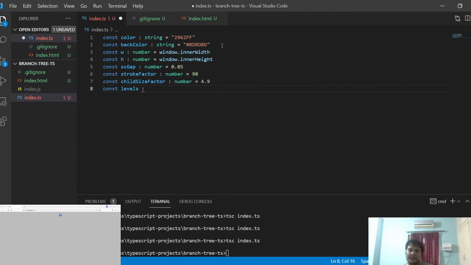I have something called labels, and I'll declare this as 3. Basically, I will be visualizing a tree data structure, and I will try to visualize it as a real tree. It will have all its branches, and the branches will have their own branches. So kind of like tree branches and sub branches.